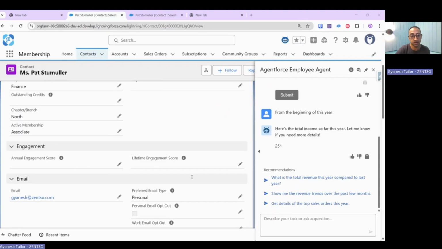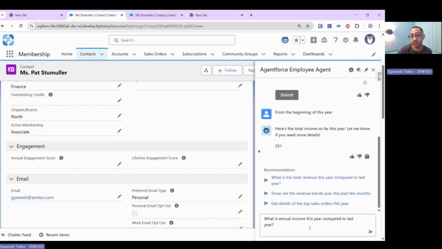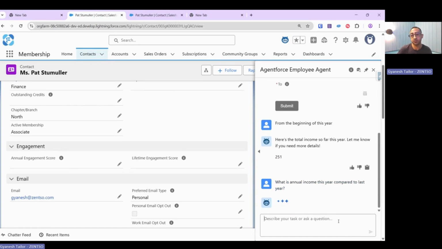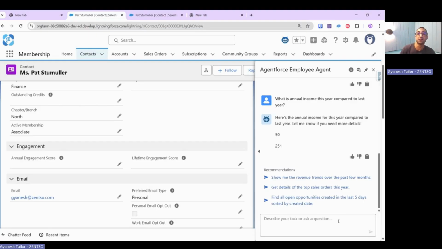The other thing you could ask it, to take it even further, for instance, is what is the annual income this year compared to last year? These are quite simplistic for purposes of demonstration, but you can make it much more granular than this. Obviously it requires a bit more configuration, but this is just to give you an indication of what's possible with it. So you can see the income from last year was 50,